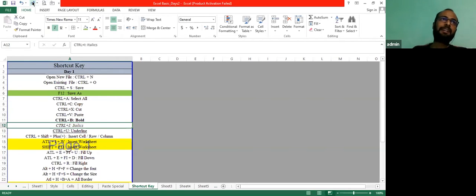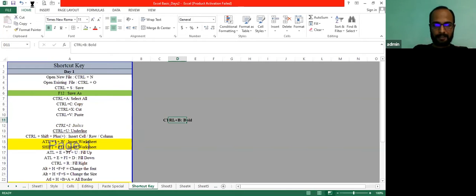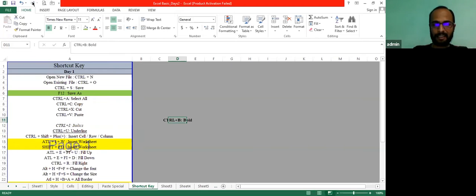This backward step will come to an end at the last save. Like, you have opened the file, you saved it yesterday, and today you are working, and if you have not saved, then the last save is your cutoff point. If you have saved the file, it will be difficult to recover that content. And similarly there is redo. Let's suppose I have moved this content from cell A11 to cell D11. I will press Ctrl Z, then I will move to the original one, and if I press Ctrl Y, then it will again take it to the last destination. So basically one command is to go 1 step back, another command is to go 1 step forward.